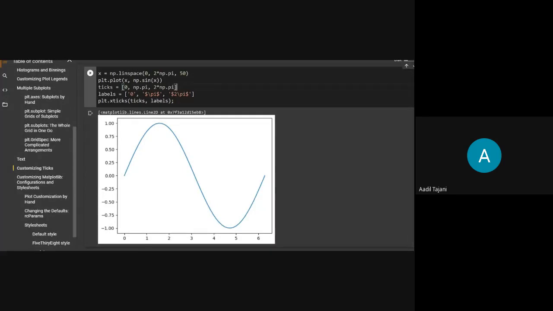As I told you earlier, I want to see the value at zero, I want to see the pi value, and I want to see the 2 pi value. So I passed here 0, np.pi, and 2 times np.pi. What it will depict is 0, 3.14, and 2 times 3.14, that is 0, pi, and 2 pi. So first you have to pass at which values you want to show those ticks.